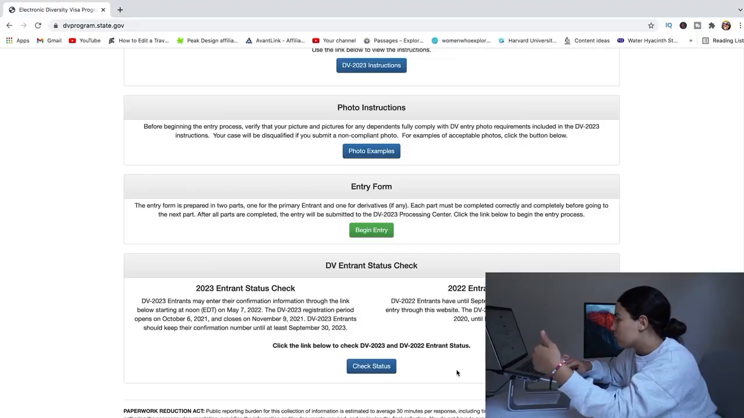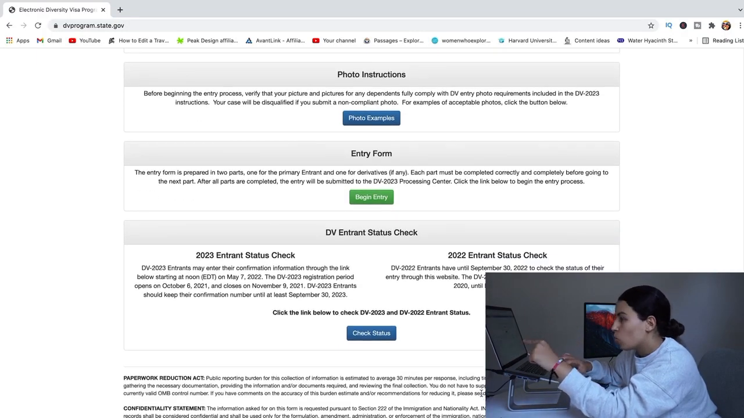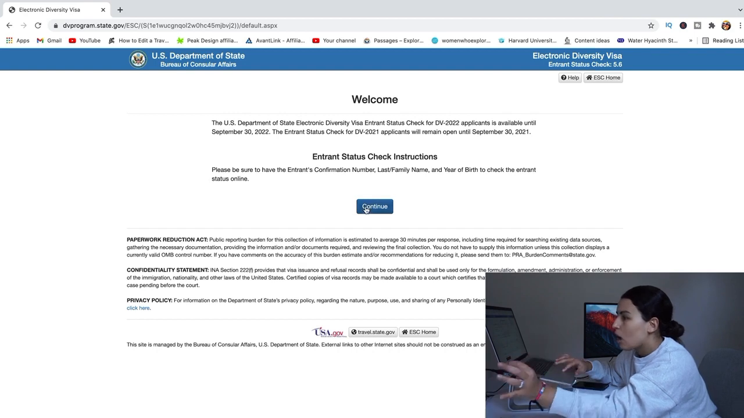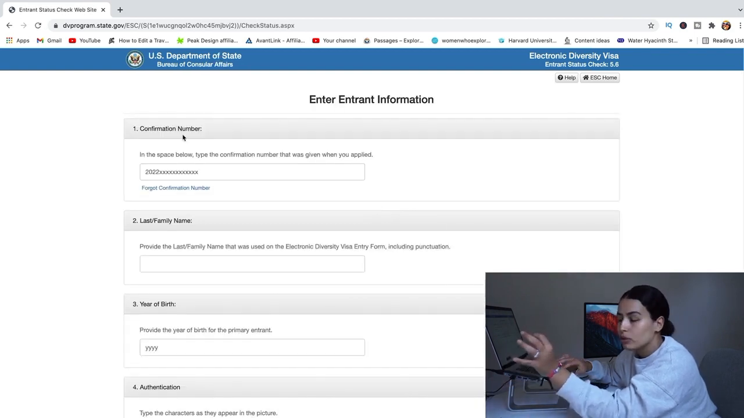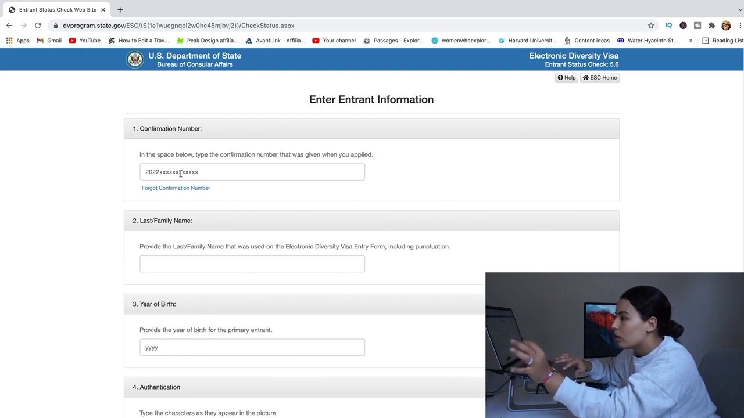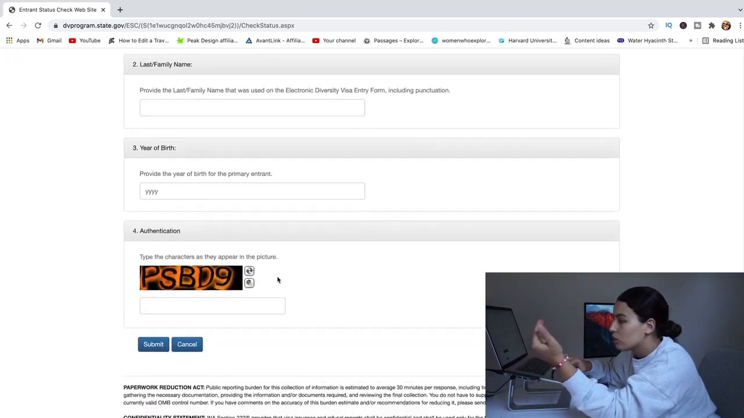The only way for you to check your status is by going to the same website that I mentioned, dvprogram.state.gov, and then you scroll all the way down to where it says DV entrant status check. You're going to click check status when it's the right time, obviously, and then you hit continue, and it's going to ask you about the confirmation number. This is the confirmation number that you have right now, so make sure that you are saving it. Once it's the right time to check on the status of your results, you go in there and type the confirmation number that was given when you applied, and then you will need your last name, year of birth, and then authentication. You enter this information, click submit, and